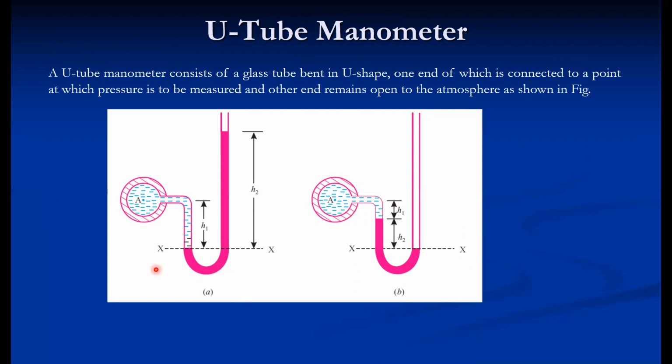So this is U-tube manometer. It is called U-tube manometer because its shape is like the capital letter U. It is again a glass tube. Again, as per the principle of simple manometer, one end is connected to the gauge point, another end is open to the atmosphere. Now it overcomes the drawbacks of piezometer.